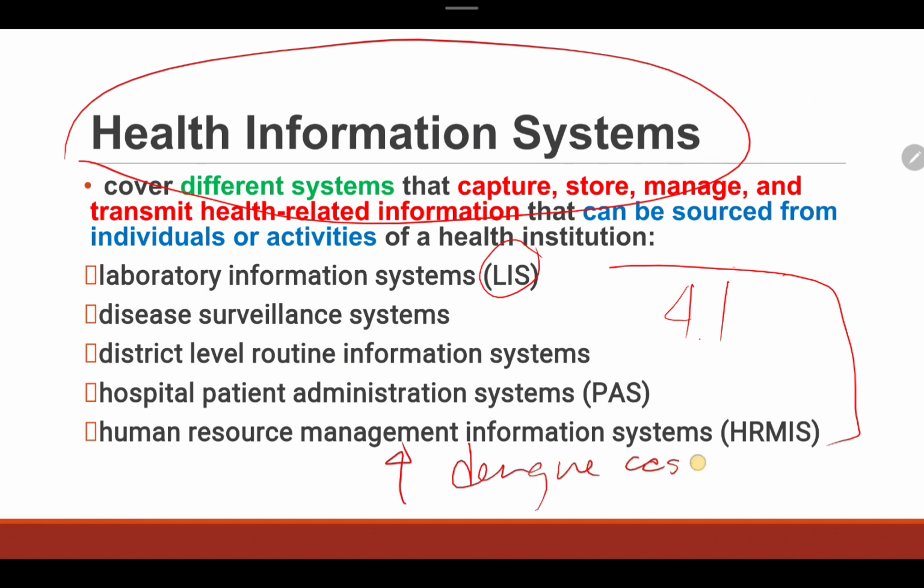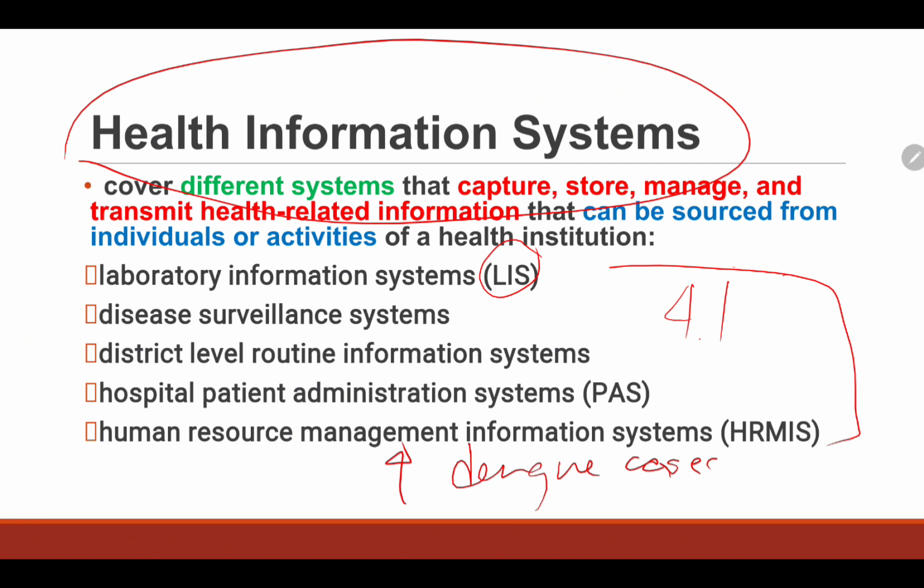Paano ba nila nalaman na tumaas ang dengue cases? It's because of the health information system. Nakita nila yung parang trend ng pagtaas ng number ng admissions, number ng cases na nandun. So what they did is that since yung dengue cases namin is that based sa information na nakuha nila, they decided to lower the price of the CBC to help those patients in need. Okay? At that time po yun, binabaan nila yung presyo ng CBC. Kasi pansin nila, dengue outbreak na siya. Okay?